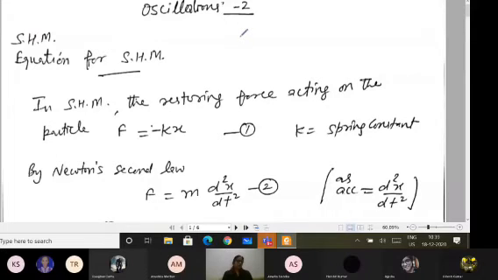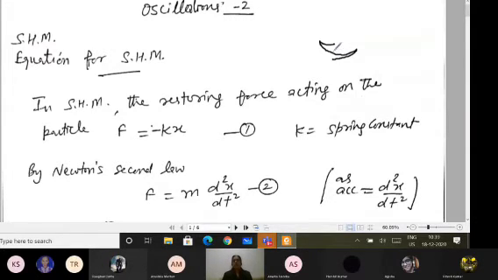So in this class, we are talking in continuation about the oscillations. Oscillations we have discussed with you, like that is to and fro motion about the mean position. Like if you talk about the simple pendulum, you make the bob oscillate to and fro. That to and fro motion, which is repeating itself after regular intervals of time, is termed as